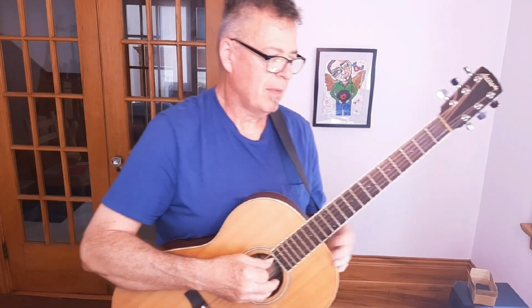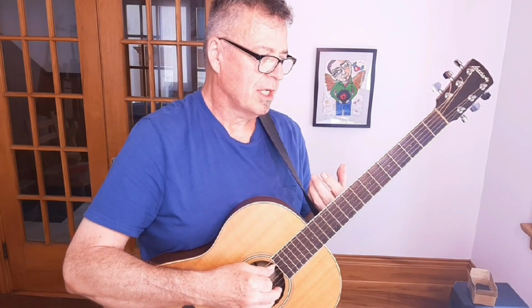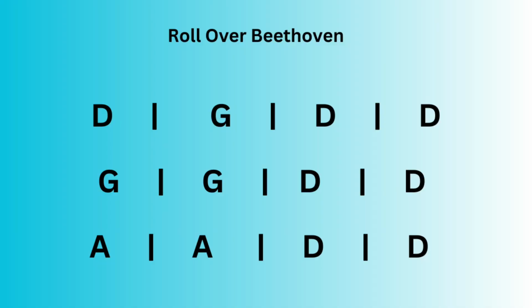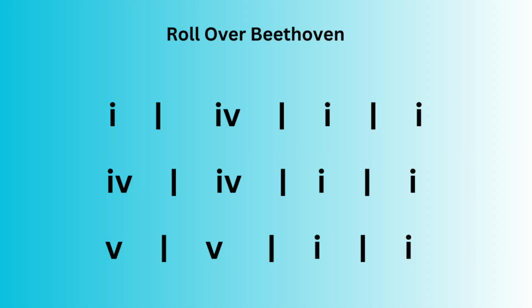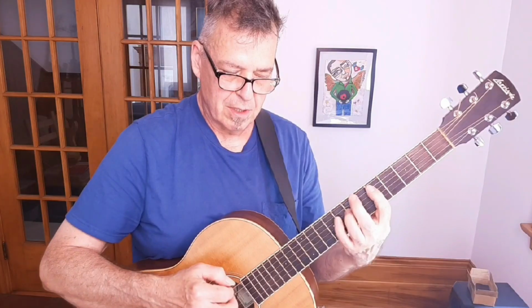In Roll Over Beethoven and many rock and blues songs, we vary the chord layout slightly in that first 4 measures. What we notice here is that in measure 2, we switch to the 4 chord. This is sometimes called a fast 4 or a quick 4. And so what's happening is we're playing the 1 chord for 1 measure, and then we go to a 4, and then back to a 1